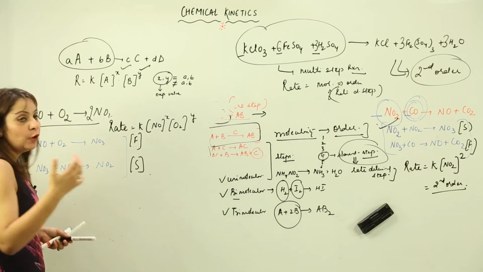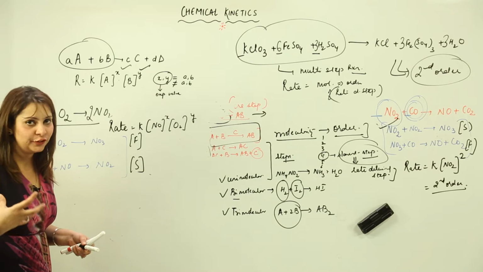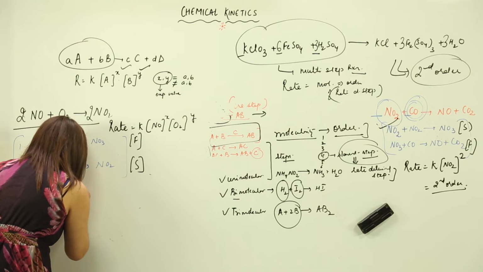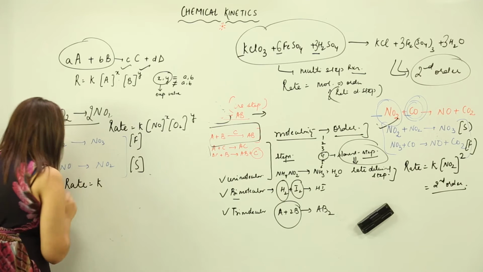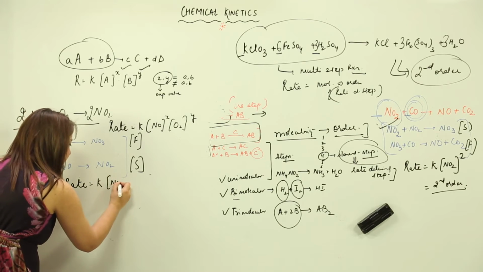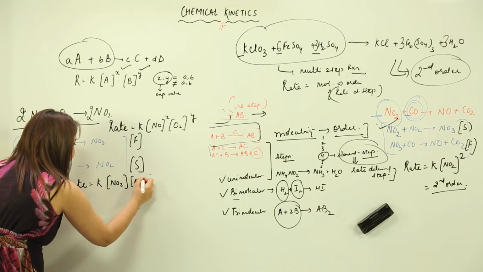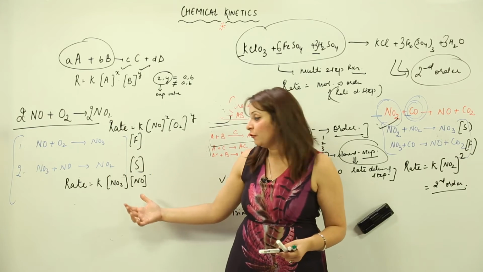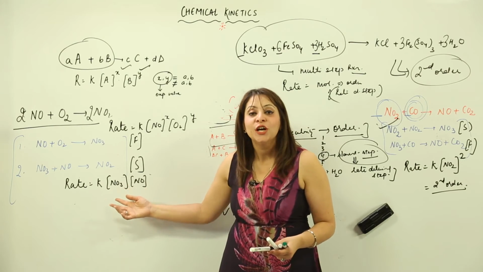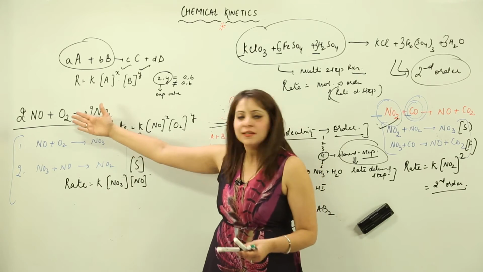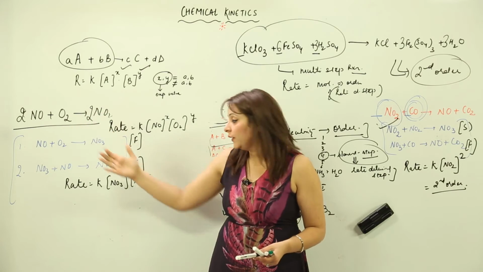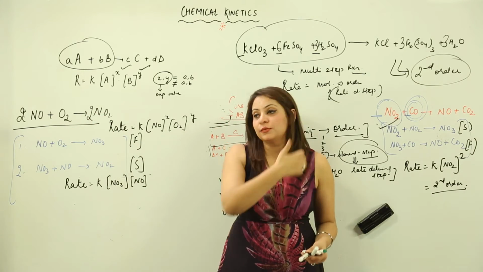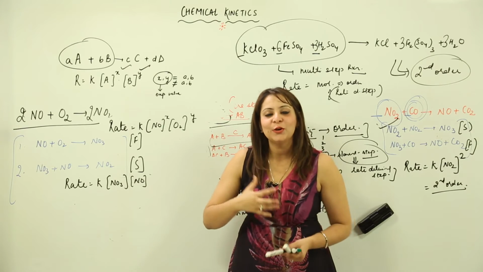So now we are in a position to write the expression for the rate, because we have our rate determining step. So rate is equal to K, again, concentration of NO3 and the concentration of NO. But now look at the expression I have got. I have got NO3 in the expression. Do we see NO3 as a reactant in the principal reaction? No, we do not have NO3 as a reactant. So do not think that you have written a wrong expression.